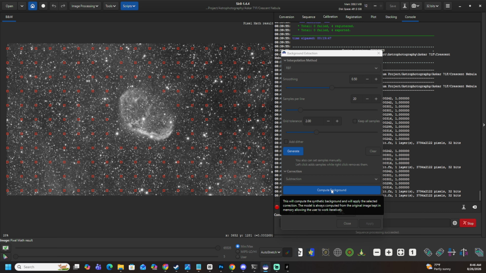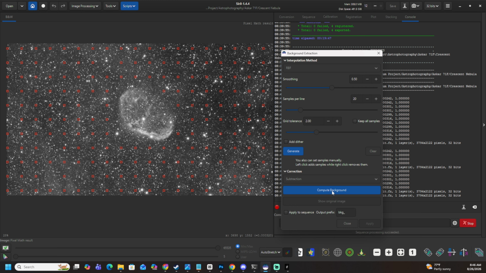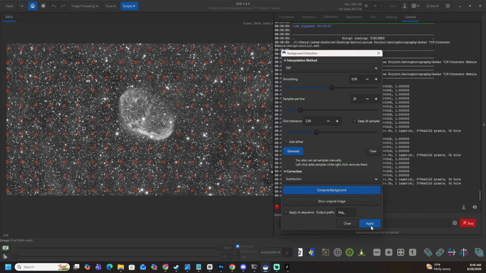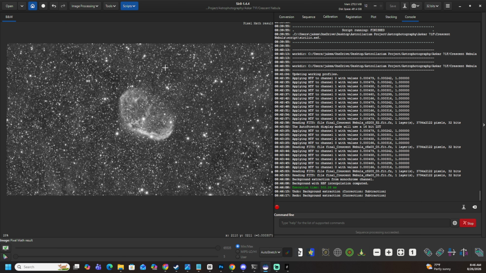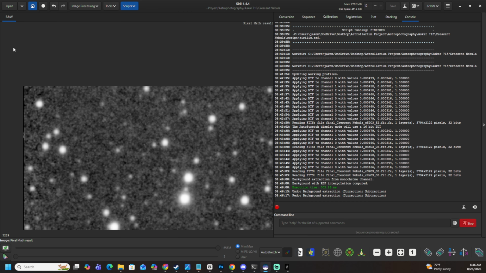Anyways, so once you have that, you'll click compute. Okay, and then apply. If I go back, that's what it looked like before. This is what it looks like after. So I think it did a pretty solid job, and I'm pretty happy with that. So next,